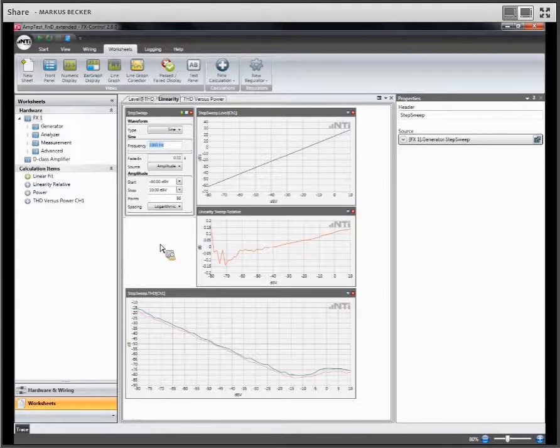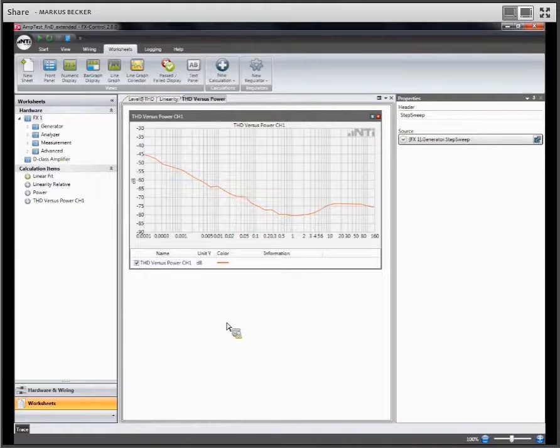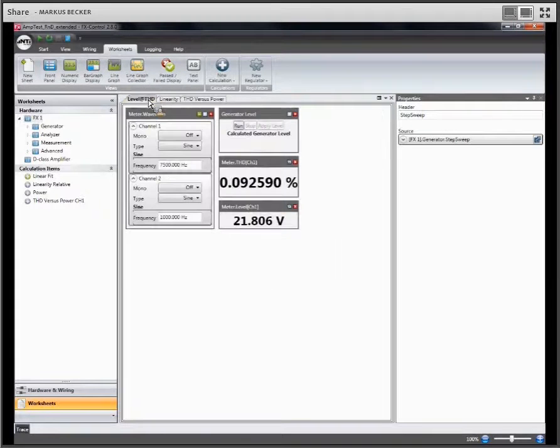Sorry. Well, what you see here now is the linearity sweep, this curve, and here you see the deviation of this measured curve from the ideal straight line that you would expect. So here you see the difference between the actual curve and an ideal straight curve. And down here, the same as before, the distortion test. So this is another example, where I have added a third sheet where I have plotted the total harmonic distortion versus the power of the amplifier. So this way you can compile your R&D test according to your demands and just select the corresponding tab and execute the measurement that you want to see next.